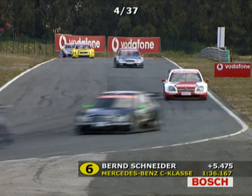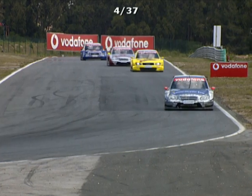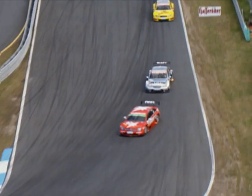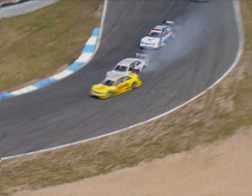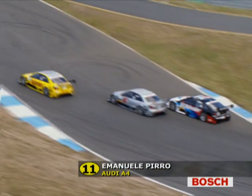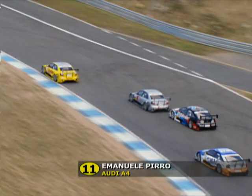He's up into the top 6 now. The reigning champion Bernd Schneider then getting the Mercedes into the top 6. Here's a replay of earlier dramas down at turn 1. Let's try and see what this is all about, because there is contact there. That is Pirot, I think, just clipping the back of Christian Abt's car, and Peter Dumbreck looking for a way